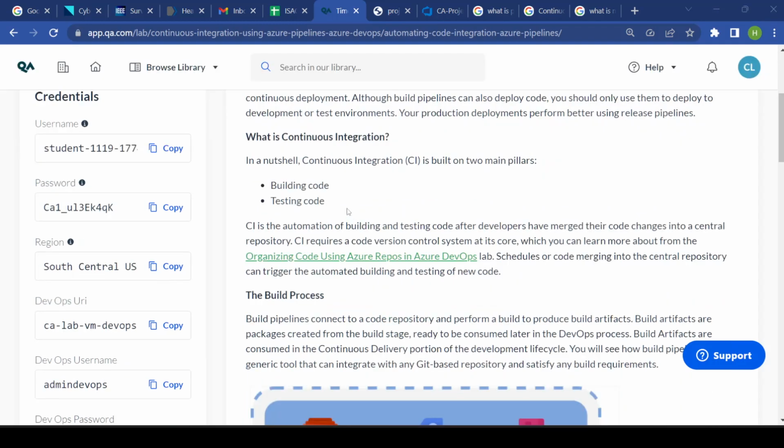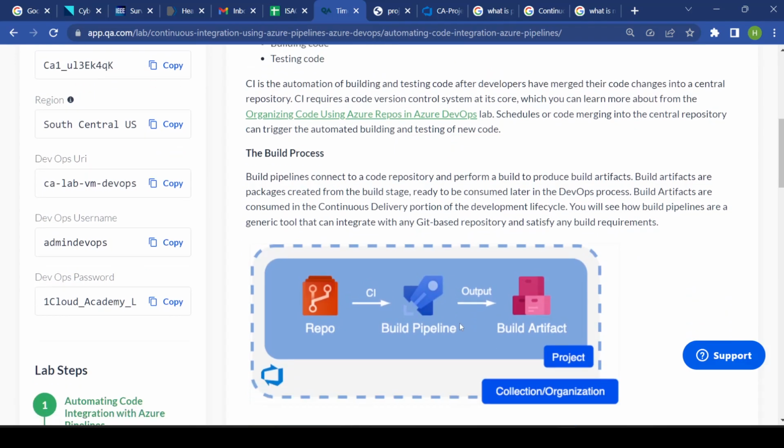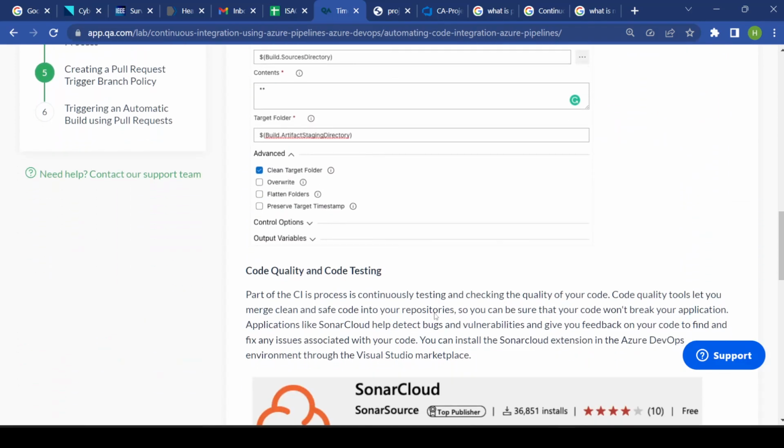So there are two main steps in continuous integration. In this lab, we will be doing the build pipeline, meaning continuously integrating our resources present in one branch into the other branch. But there are two main pillars in continuous integration, which are build code and testing code. Build code means we have to convert our code into an artifact using build pipeline, and then in test code, what does continuous testing and code testing mean? It means checking the quality of our code,